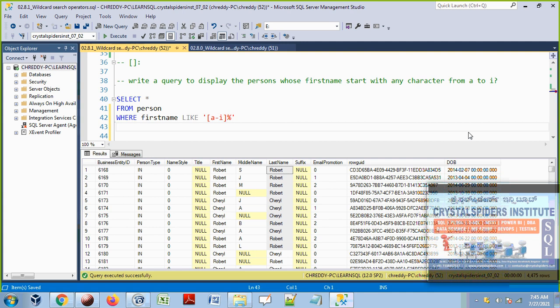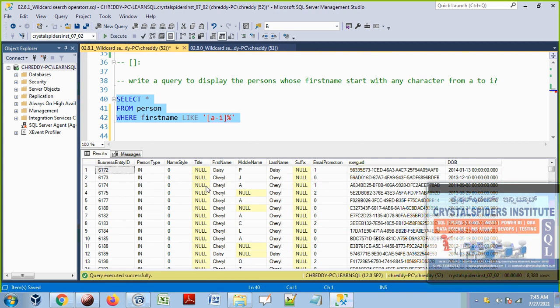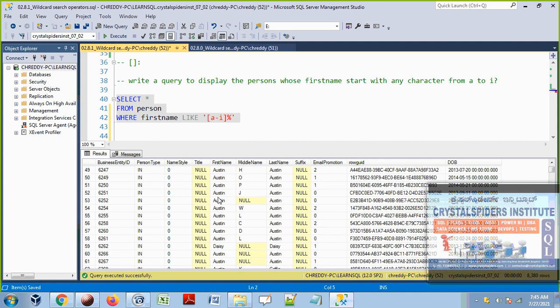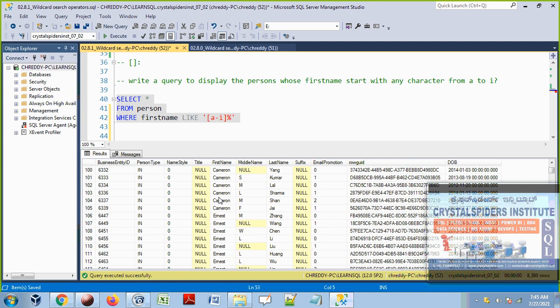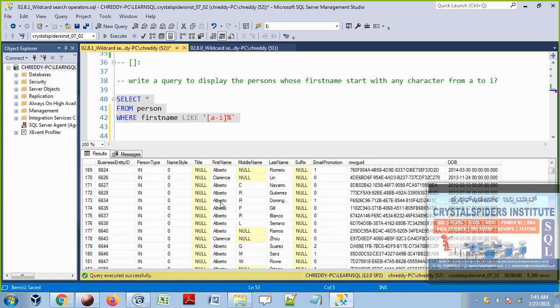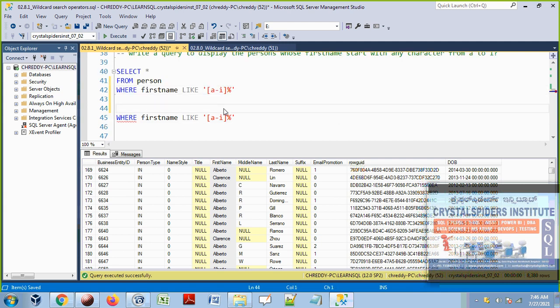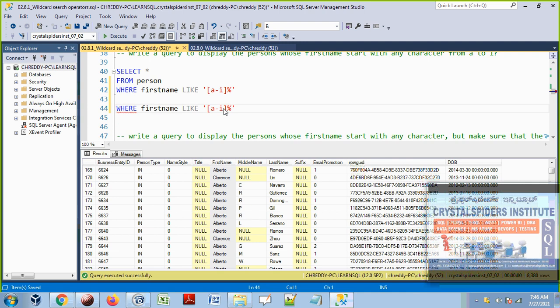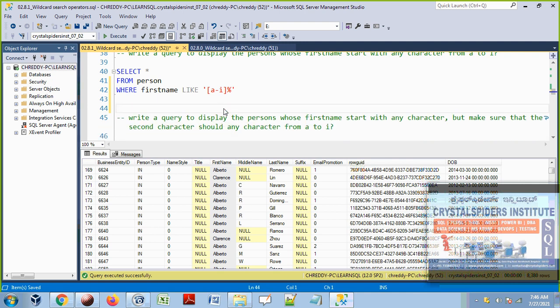That's it, guys. So this is going to be considered any persons whose first name starts with any character between A to I. You see that now here we got the D, we got the C, we got the A. You can check all this data, all these people's first name, the first character falls in A to I. So now in a similar way we can check a few more requirements with this square bracket.